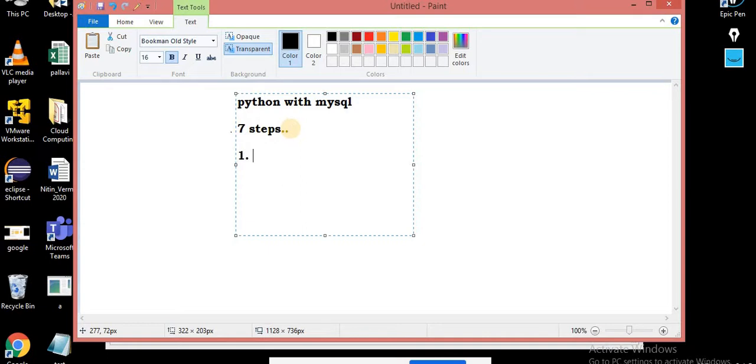Step number 1, connect. Step number 2, the cursor. Step number 3, execute. Step number 4, execute script.